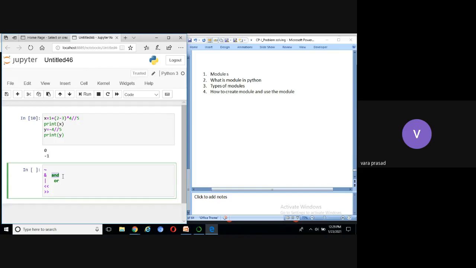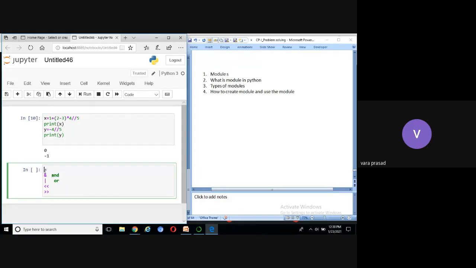If you want to combine 2 or more conditions in Python, we can use the logical AND operator. If you want to specify a condition, we can use relational operators. We can use logical operators to combine conditions. Okay. Any questions regarding ampersand and pipe OR operator?